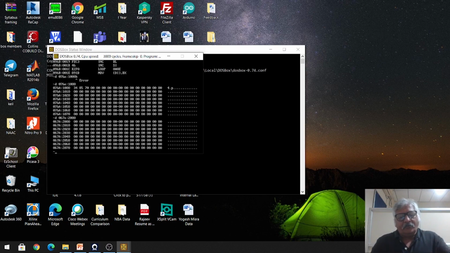Then we will find the total even numbers, which will finally be stored in the BL register. That will be stored at offset 2000H. And the total odd numbers will be in BH, and in this case total odd numbers is 1, which will be stored in 2001H. So I will execute the program.